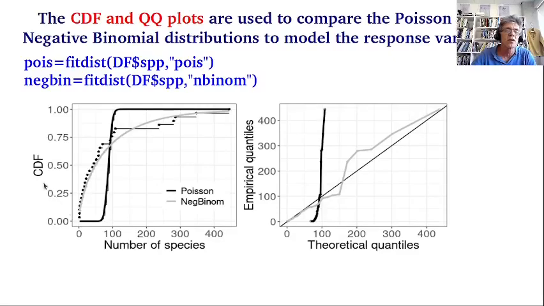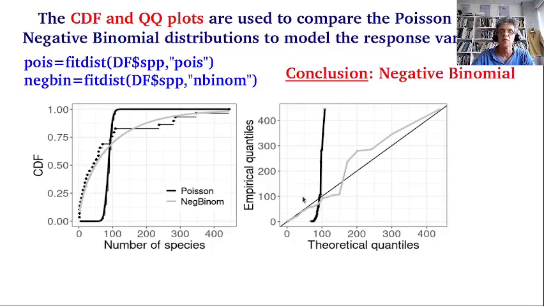We see here the cumulative distribution function of the number of species. Here the goal of the game again is to see which of the two distributions, the negative binomial distribution or the Poisson distribution, is closer to the actual data. The actual data comes here in dots. Obviously, we see that the negative binomial distribution is a lot closer than the Poisson, and the same is shown in the QQ plots. Again, it's obvious that the negative binomial distribution is the best distribution to model this